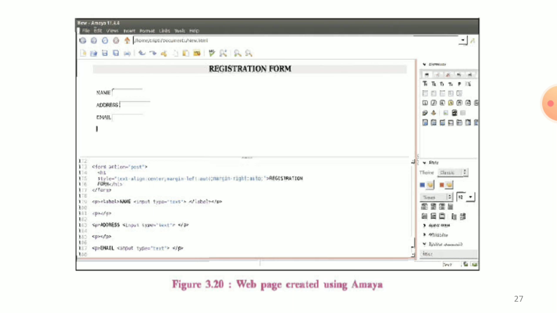It can be easily downloaded from www.w3.org/Amaya. Figure 3.20 is a web page created in Amaya. The source for the web page can be seen in the window just below the design of the web page. That is the interface of web page creation using Amaya.